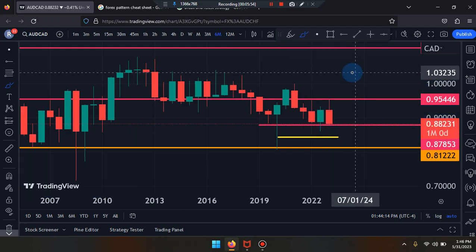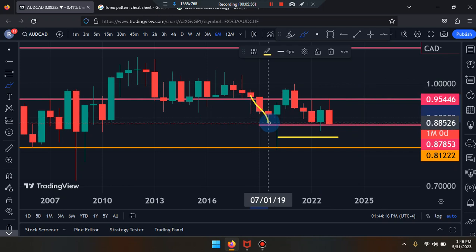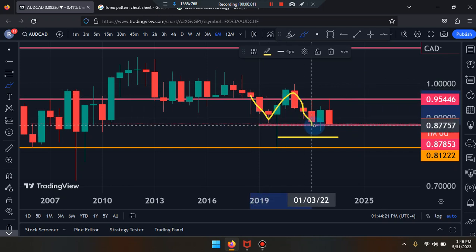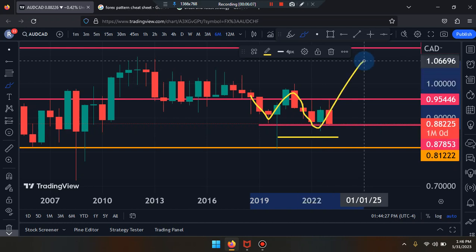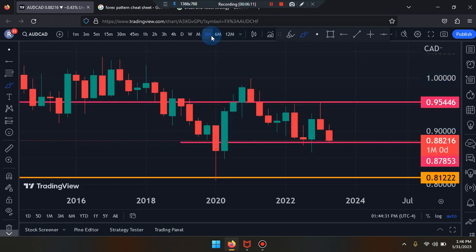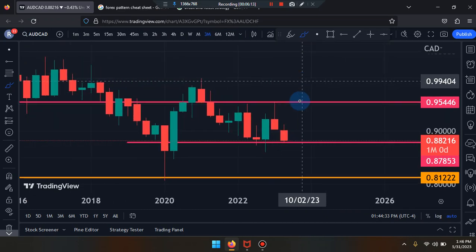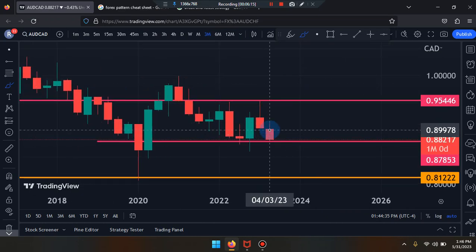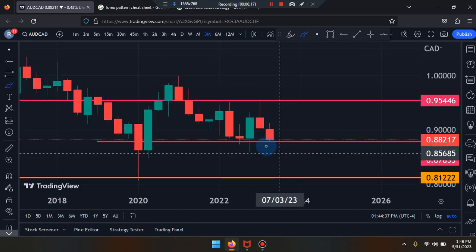But what I'm saying is, if that market creates that first leg, second leg, third leg, and then we can see that market, because that third leg was a spike down to a low with the second to last candle wick, exactly where we at, and that market could push and break out for that double bottom formation. Walking down to 3-month time frame, still have that bearish red candle at price action, so we're going to see if it's going to break or either